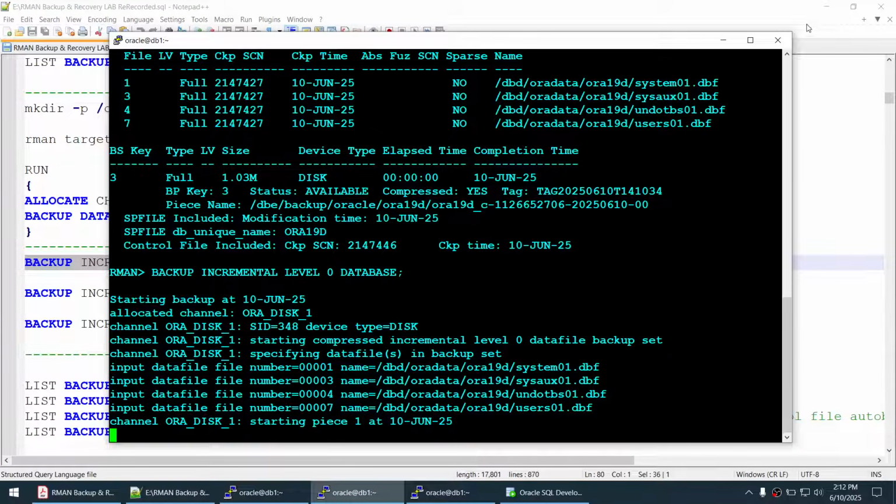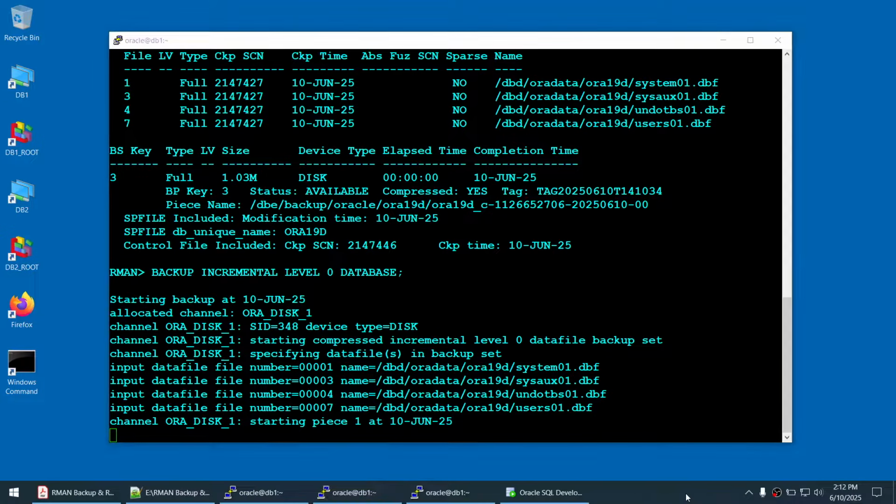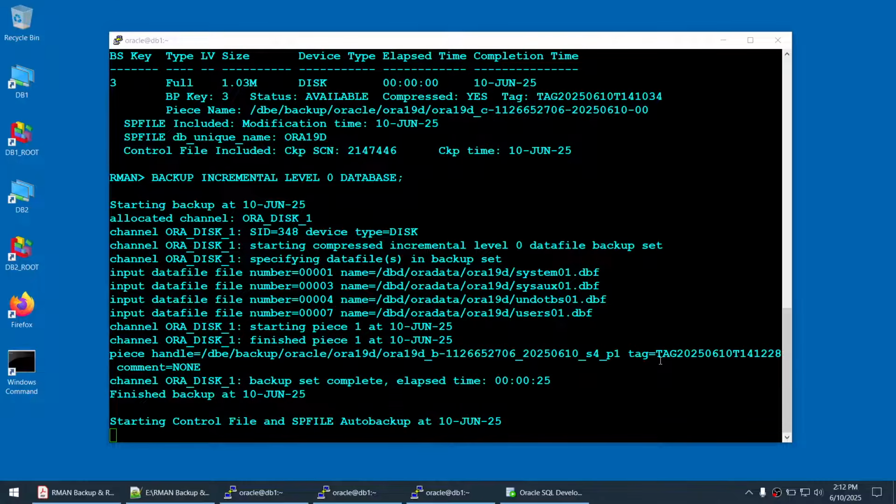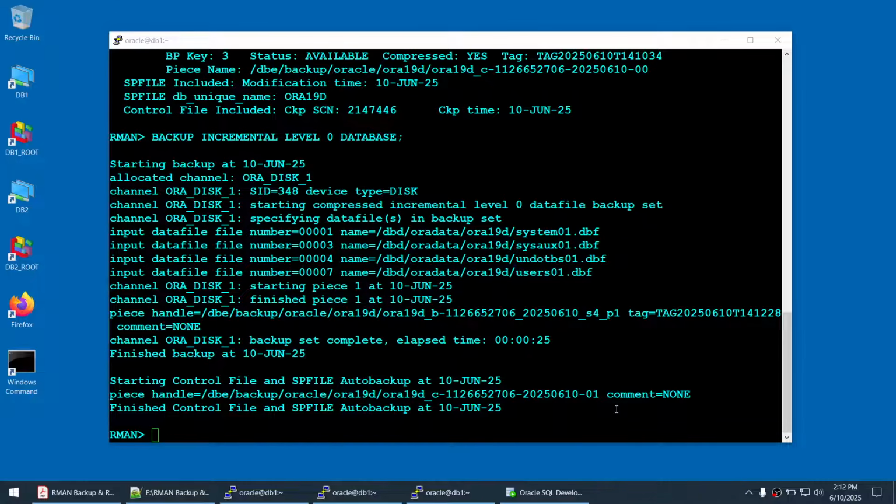And I've initiated that. So give it a few seconds for this particular backup to complete. This particular backup should complete in a few seconds. Yeah, that's completed. So we have taken the incremental level 0 backup, and we will also take